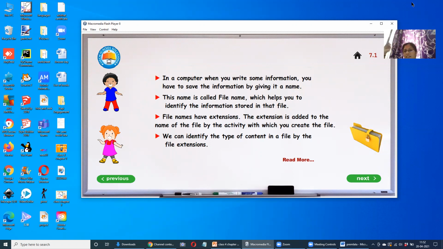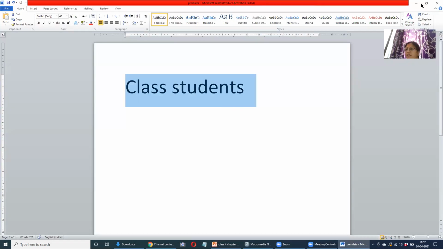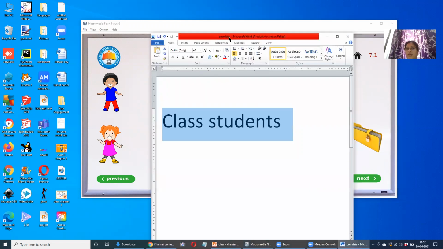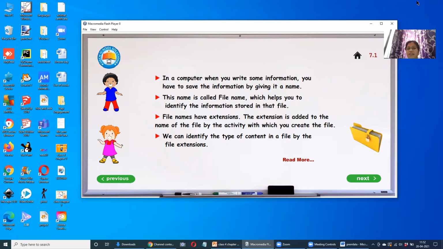Your original name, with that you have some surname, right? Family surname. Yes, just like that, our files also have a surname. So it comes with an extension. So it becomes, each and every file is having a different surname. Word file is having a different surname. So how it comes, it is like, now I have written, I'll just open a file and show you.